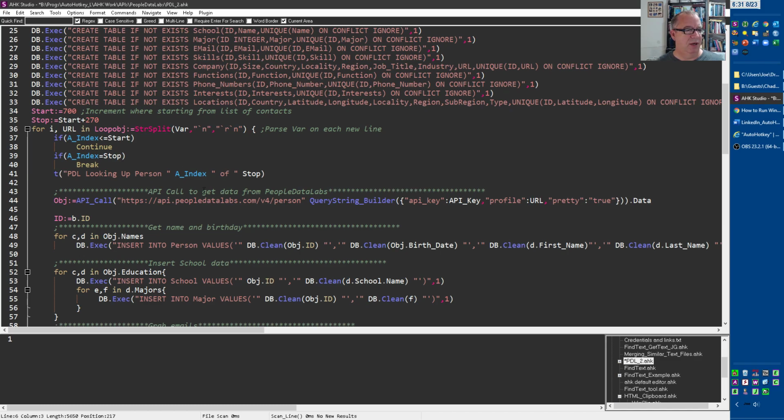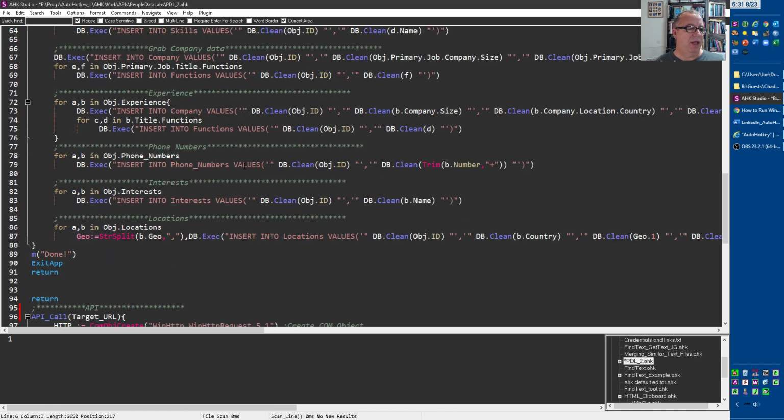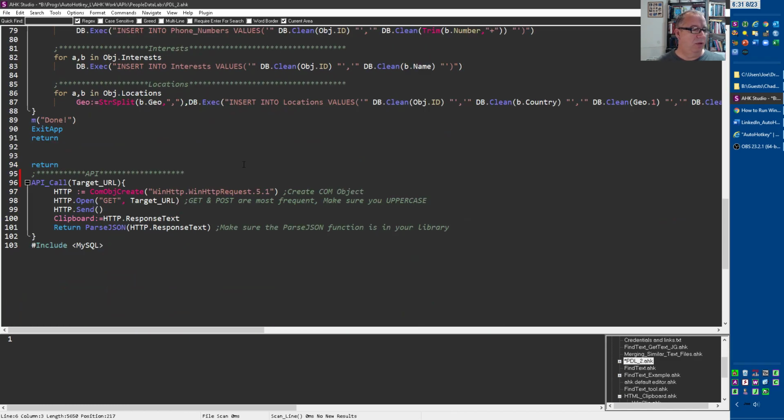So this is where we start going over it. This is just updating the information. And then it goes through and grabs it and then takes their data and shoves it into the proper table. So he did all that in here. So the whole thing, look at that. It's really not even 100 lines if you get rid of the line breaks and stuff.